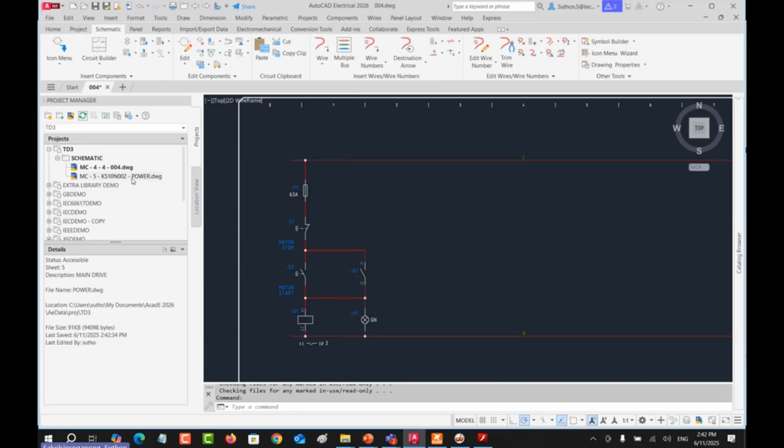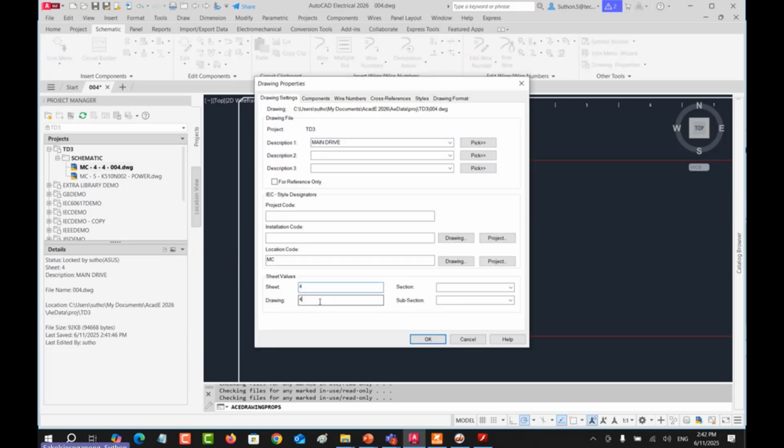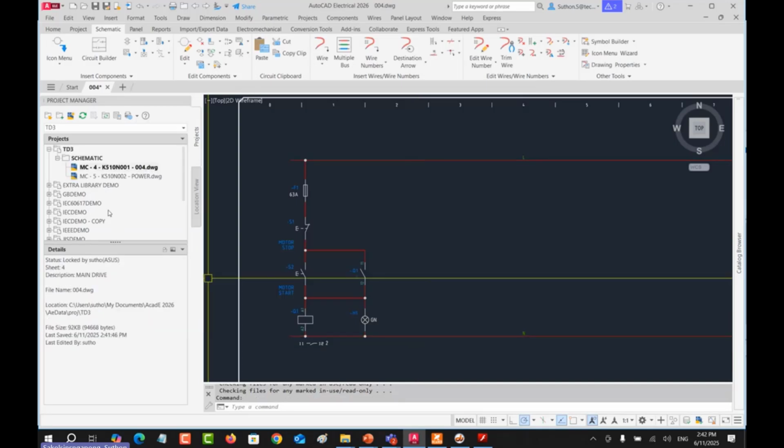And for example, this one as well, I want to assign number 4 and K510N001. Okay. And the system will reflect the changes to show you, so you can know the location, the sheet number, the drawing number and the drawing name.